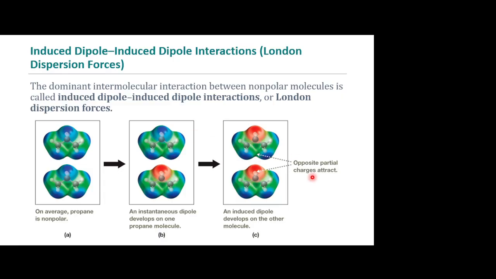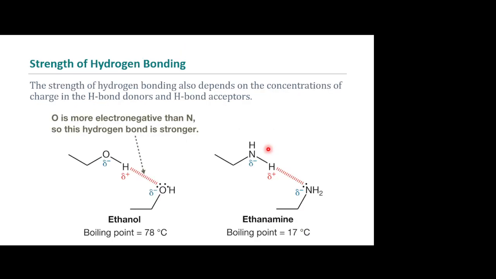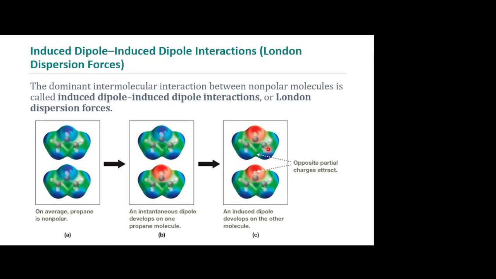And so you end up with opposite partial charges attracting, and you end up with this happening millions of times a second in different spots, and just a slight amount of attraction, okay? If you have enough electrons and a long enough chain, you'll end up with a huge amount of attraction just from all these happening at once, okay? Think of them like strings versus the hydrogen bond being a rope, okay? So this is like little threads, much weaker individually, but you have,